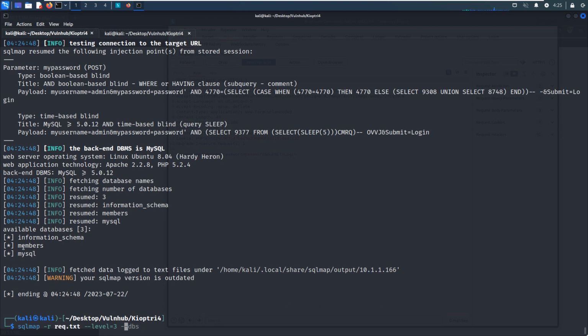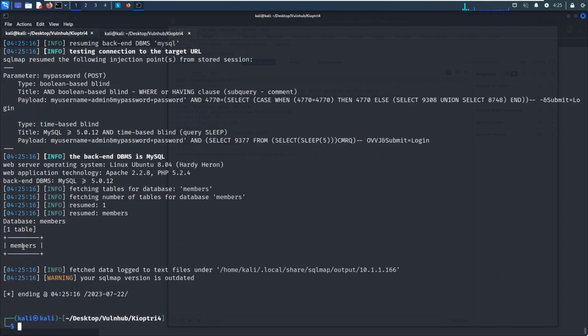We can specify the database as members, and then we want to know how many tables are in this database. Yeah, as you can see, there is just one table inside this database members, and then we can